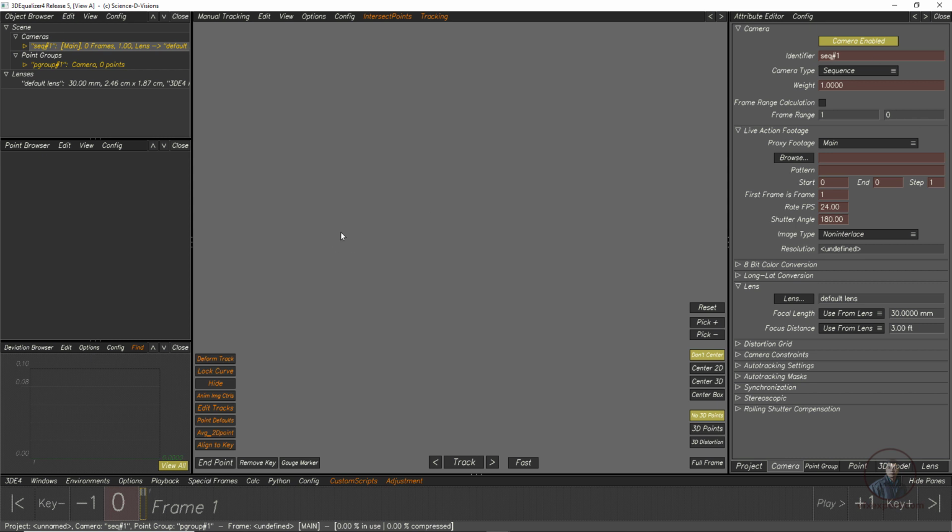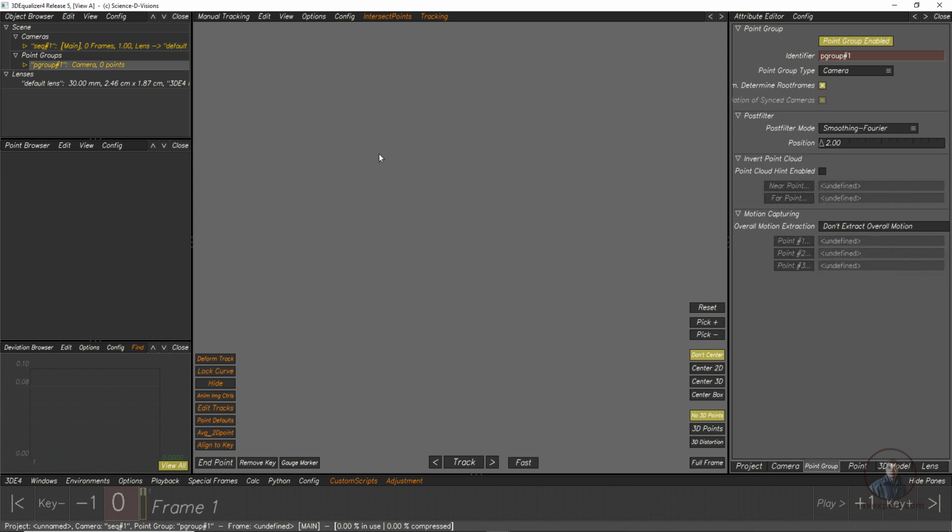Now after this, I am going to import footage in 3D Equalizer. For importing your footage, on the right side in the attribute editor, downside, you can select this camera tab, and you will get all these parameters here. Even on the left side, in our camera option, you can also select this sequence. Suppose you have selected any other option, then this will automatically switch it. So from here, if you want, you can select, otherwise you can also just select this sequence.